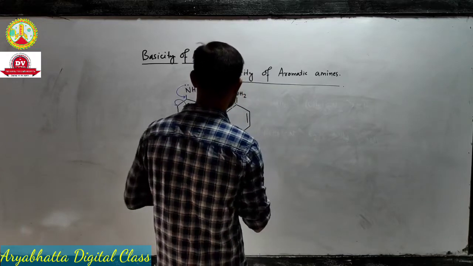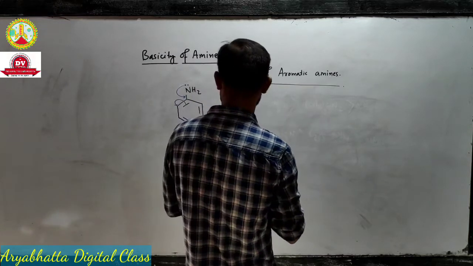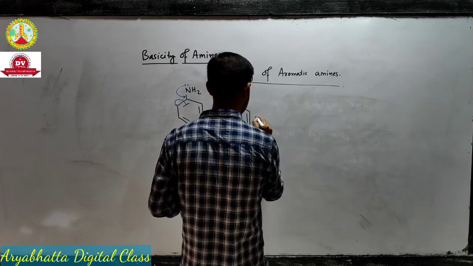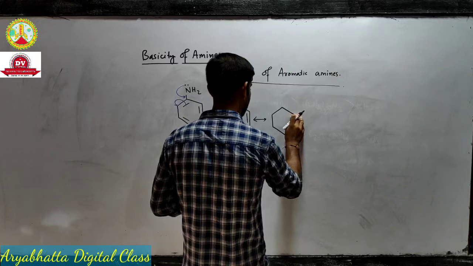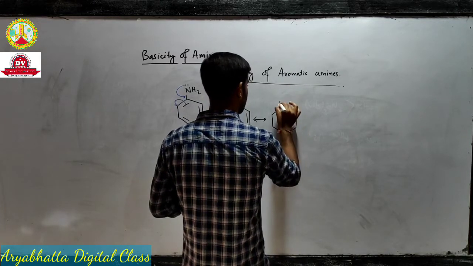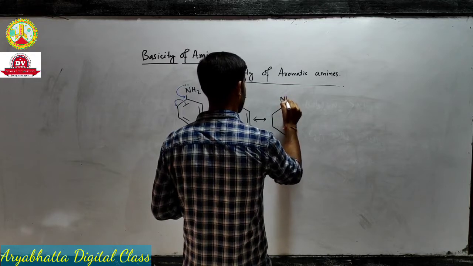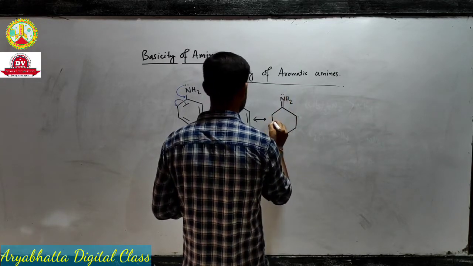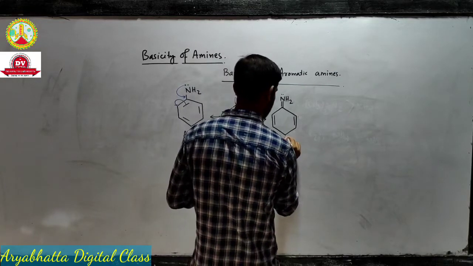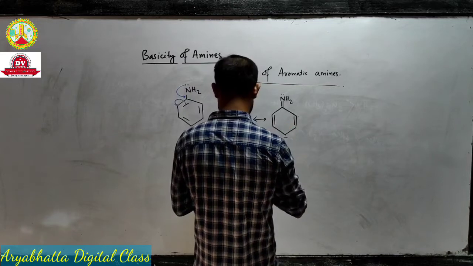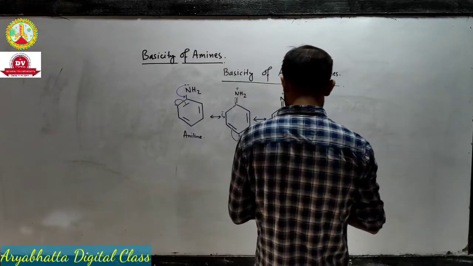Now in the next step, what will happen? This negative charge will jump over here, and to balance it will go here. Okay. In the next step,